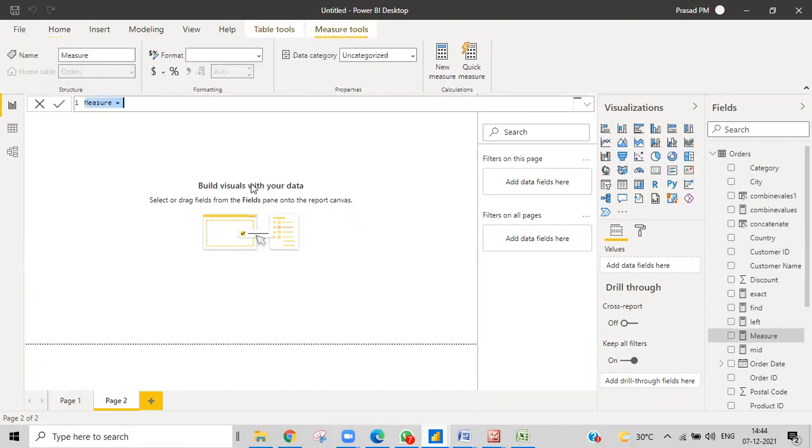But Prasad, that combined values, you have added as a measure in that existing table only. But the other functions you are showing here, I know why. I'm trying to do that in measures. First of all, I'm just showing you how you can create columns. That is an example I told you.